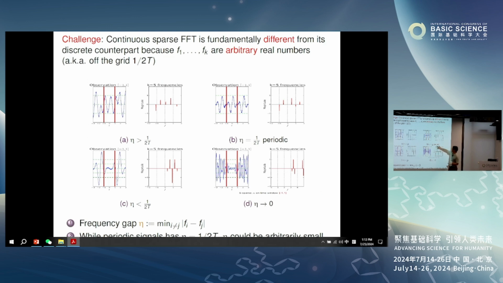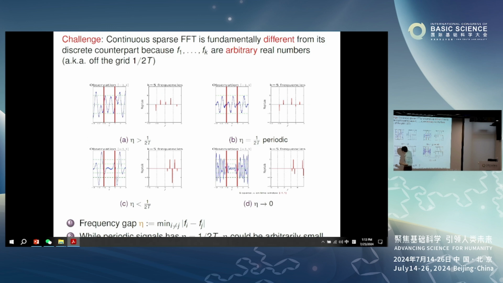Okay, and we know for periodic signals, eta is 1/2t. Sometimes I call it being on the grid, which means all frequencies are integer multiples of 1/2t, where t is 1 here. But things change when we allow arbitrary real numbers. For example, this is a signal whose frequencies are larger than this grid 1/2t. Then it is no longer periodic, but you can still see that in this limited time window, this signal